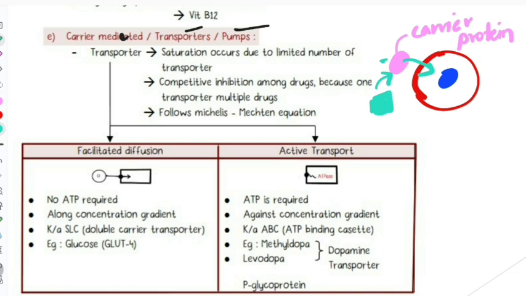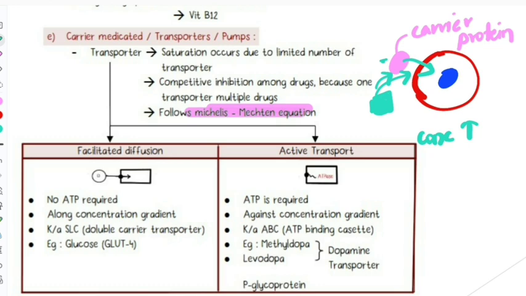Now when we learn about this carrier mediated absorption of drug, you have to know something called the Michaelis-Menten equation. Important, aane? This means the transport of a drug increases with the concentration of drug initially. എന്ന് പറഞ്ഞാൽ ഡ്രഗിൻ്റെ കോൺസെൻട്രേഷൻ വളരെ അധികമാണെങ്കിൽ ഒബ്വിയസ്ലി ഡ്രഗിൻ്റെ ട്രാൻസ്പോർട്ടും കൂടും, റൈറ്റ്? Then after a while